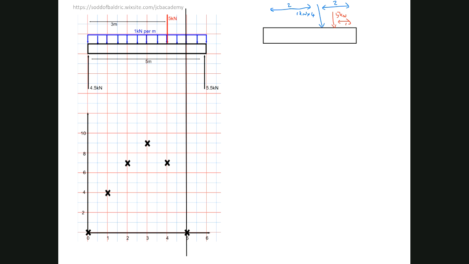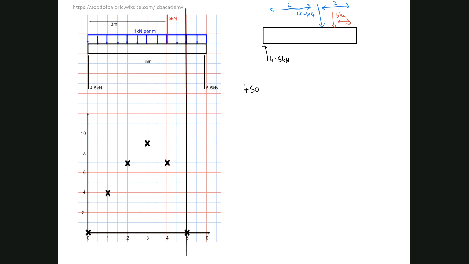And we've got our reaction force of 4.5 kilonewtons. So if we look at the bending moment here, then we're going to have